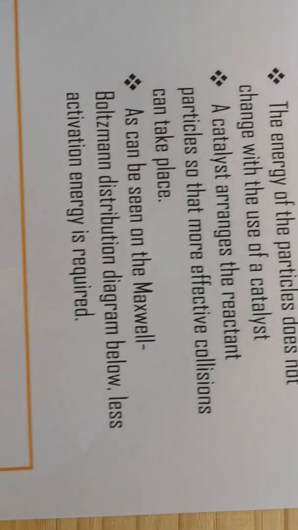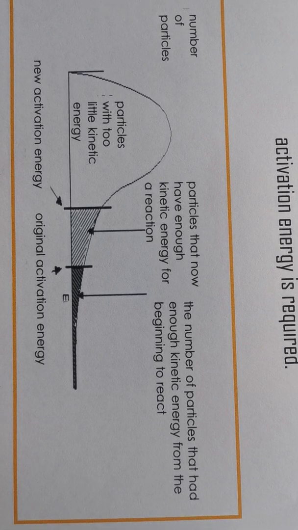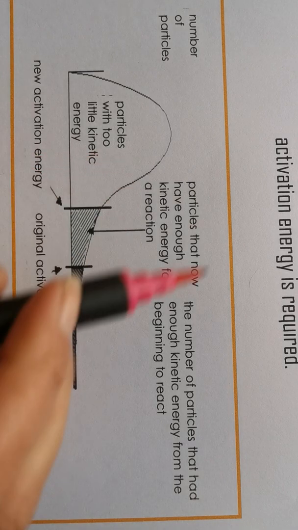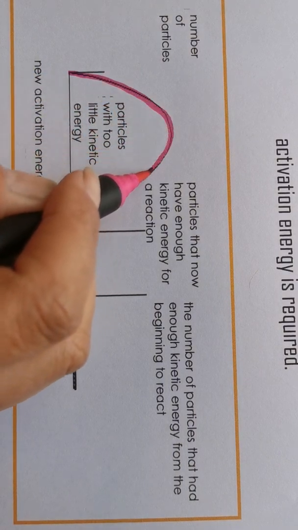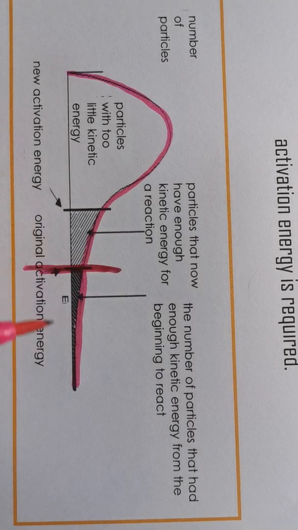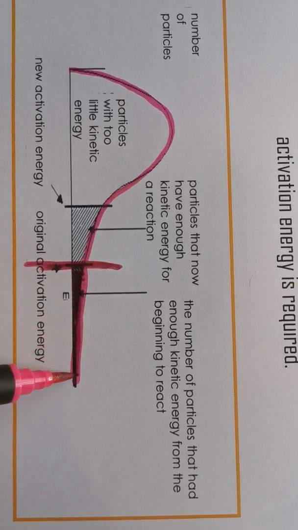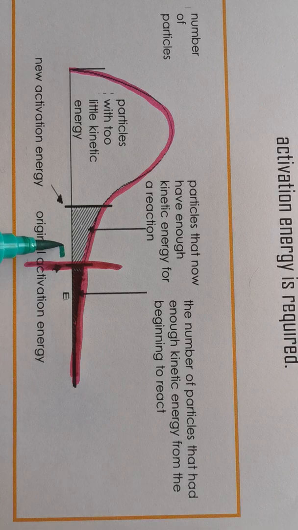Okay, I'm just going to skip to the picture. This is another one of those Maxwell-Boltzmann distribution curves. Now you can see that on this particular distribution curve, the curve itself doesn't shift. So we've got this curve and it's absolutely perfect and it's fine. And usually this is the point over here where everything on this side of the curve, okay, everything on that side has enough energy to actually react. But what we do when we add a catalyst is we actually shift the point